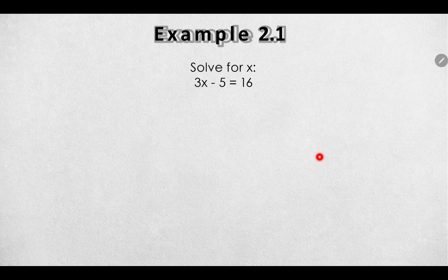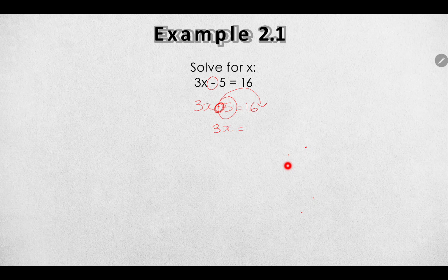Now we'll do this other equation. It's a little different this time. This time, the order of operations is negative. Now, what do we have to do here? We have 3x take away 5 equals 16. Remember, if this is what we have to get to the other side, what is the opposite of negative? It's positive, right? So, we have to take